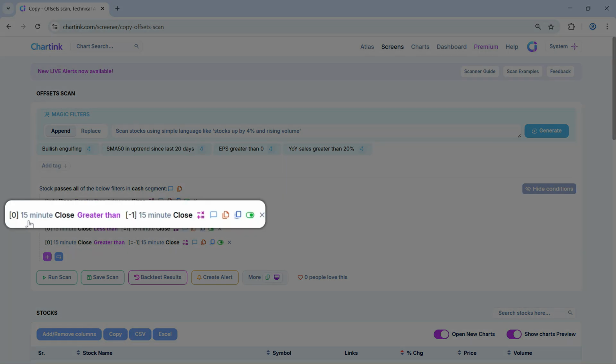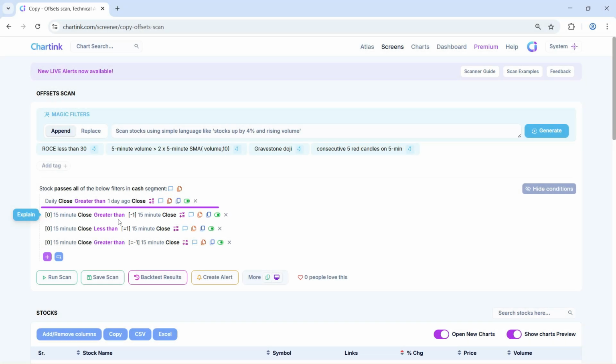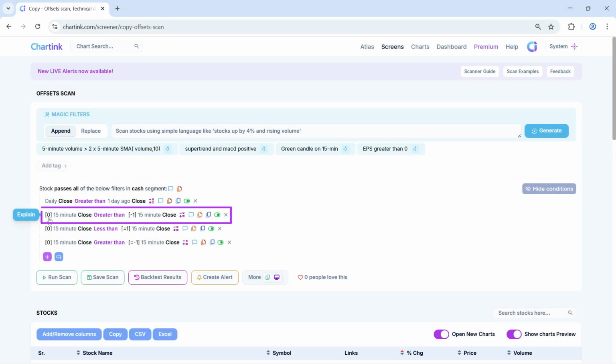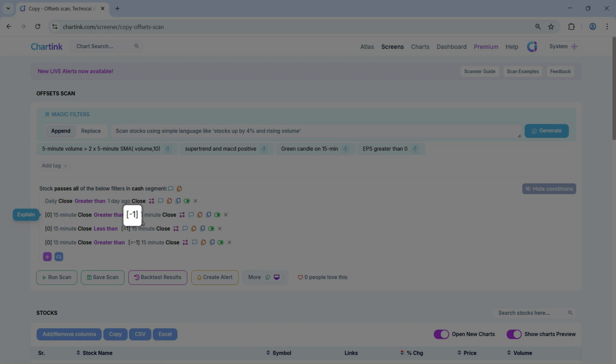Now look at the second filter. This filter is using an intraday time frame which is 15 minutes. The left hand side is referring to the current running candle and that is represented by 0. The right hand side is referring to the previous candle represented by -1.